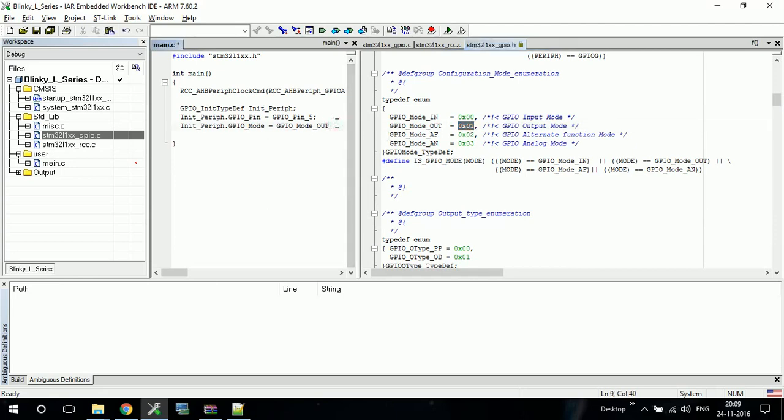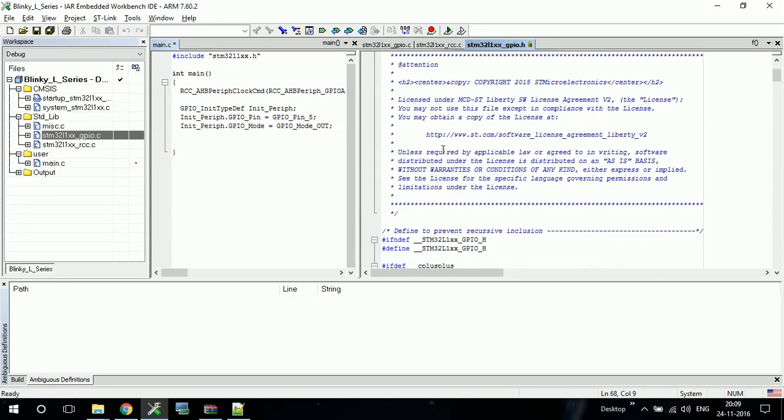If you are using a function, this is the benefit you will get. Instead of going to the reference manual and searching for that particular register, then searching for the particular bit which you need to turn on or off, the libraries, or peripheral libraries, will make your life easier.